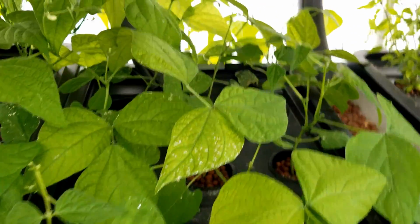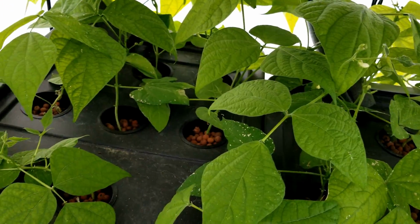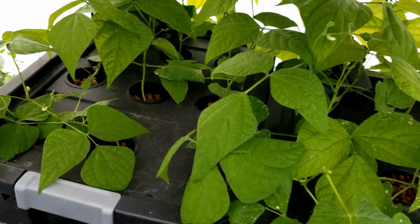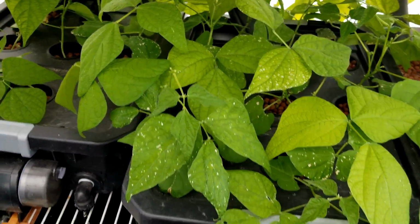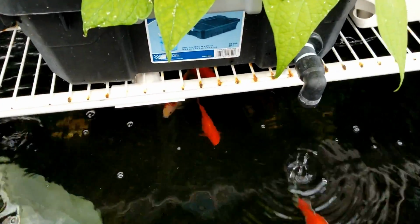Even when you have a full bed of plants like you see here, if you don't water change your tank frequently in that first year that you're growing with aquaponics in a brand new system, you're going to have fish loss. I found that I can go up to 3 weeks without fish loss, but by the 3rd week, if I haven't water changed the tank, even with the system cycled like it is, I do have some issues